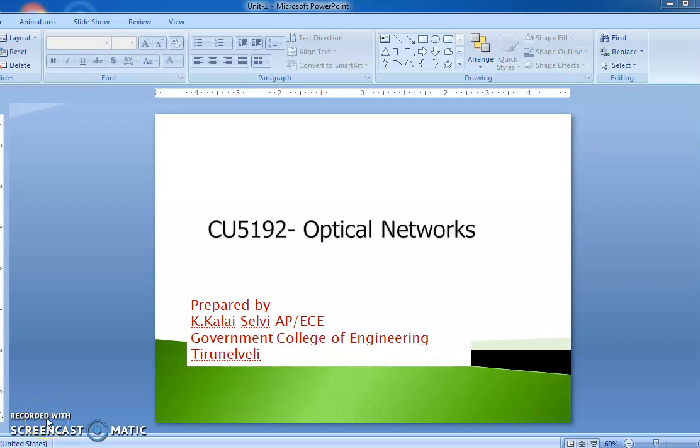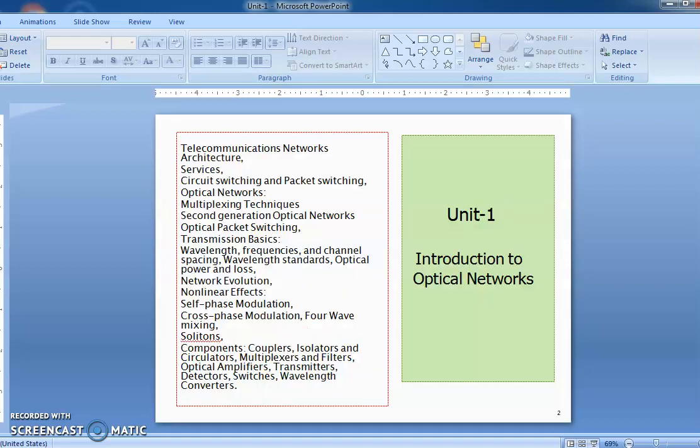Welcome to all. Today we are going to see about optical networks. The first unit is an introduction to optical networks. Here the topics to be covered are telecommunication networks architecture, services, circuit switching and packet switching, optical networks, multiplexing techniques,